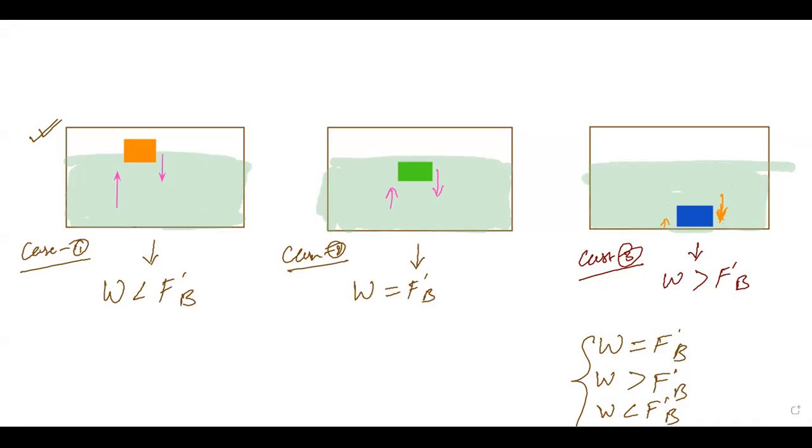Now, if I go for another relation to this, we just studied that the buoyant force is calculated as V rho g, where V is the volume of the liquid displaced, rho is the density of the liquid, and g is the acceleration due to gravity. Now understand over here, under all these three conditions,